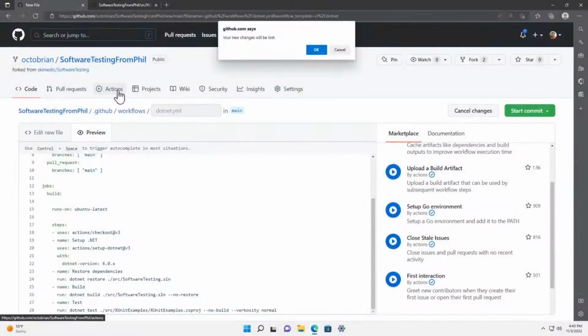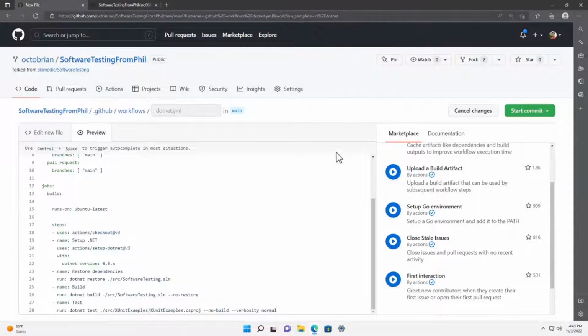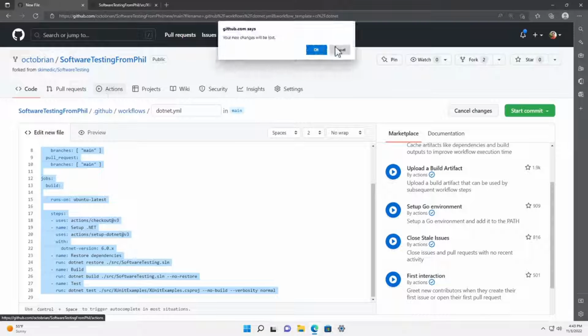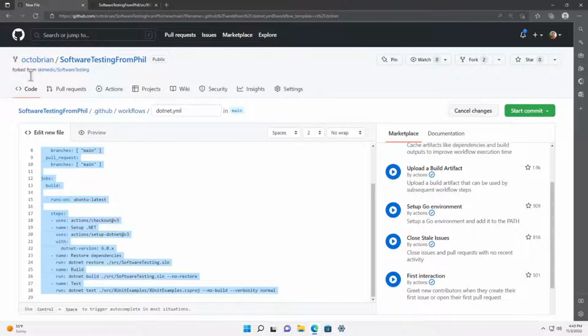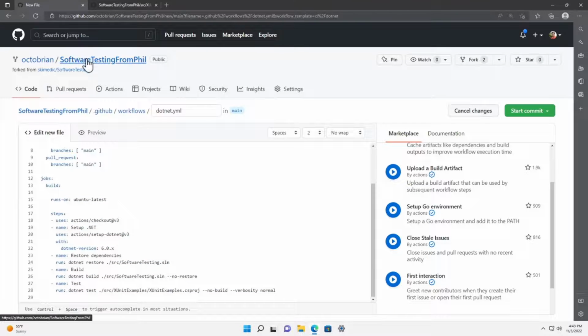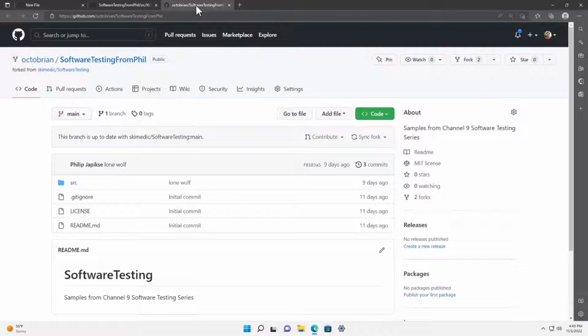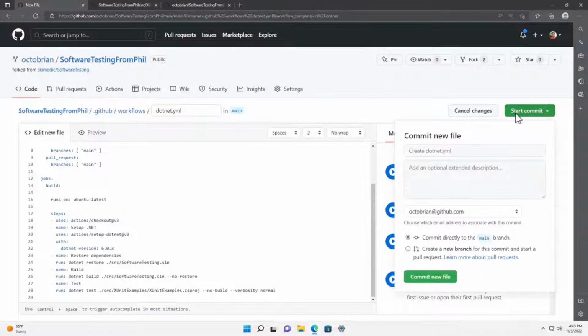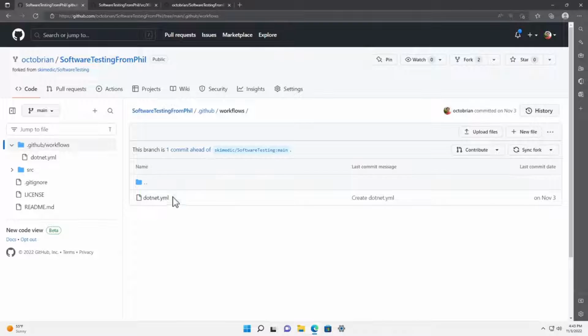And if I come over here to Actions, oh, hold on. Did it not save? Okay, we're just going to make sure here. I feel like maybe commit didn't take, so I'm going to click Actions. Let's do it again. I got excited talking, and I wasn't paying attention, so I want to make sure. Yes, it did not take. So I'm going to go back and click that Start Commit button again. Commit new file. There we go. All right.